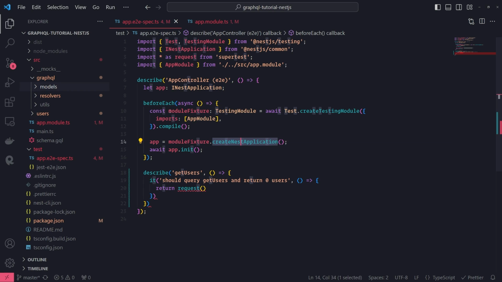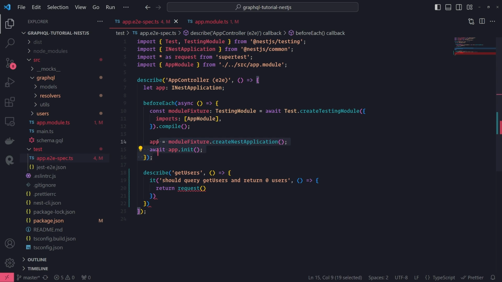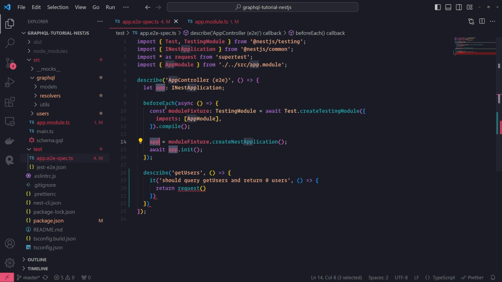So this will initialize the entire application as a testing module, and they call compile. And then what they do over here is call moduleFixture.createNestApplication, and then they call app.init. So it's very similar to how, inside the main.ts file, when you bootstrap the application, it's similar to this, but this is for the actual testing instance itself. Okay, so they assign this createNestApplication return value, which is basically the INestApplication instance, to app, and then we can reference this inside the scope of this entire describe